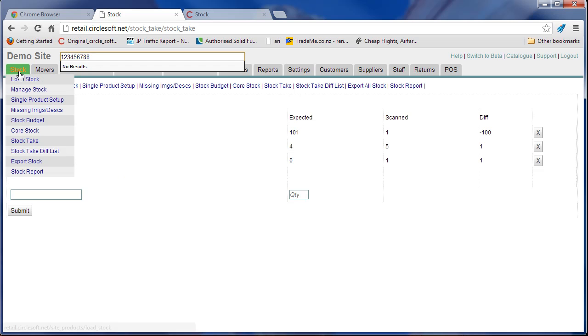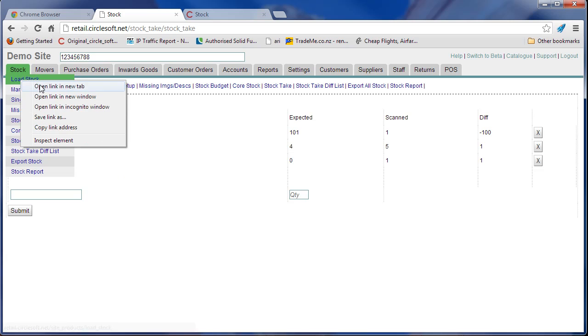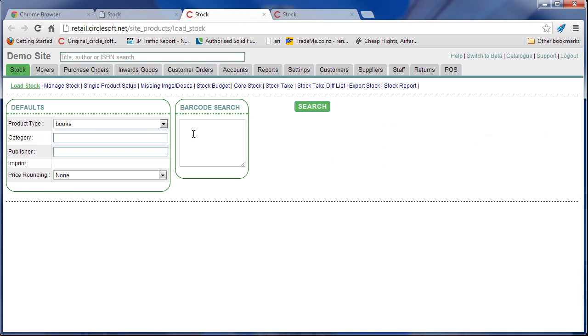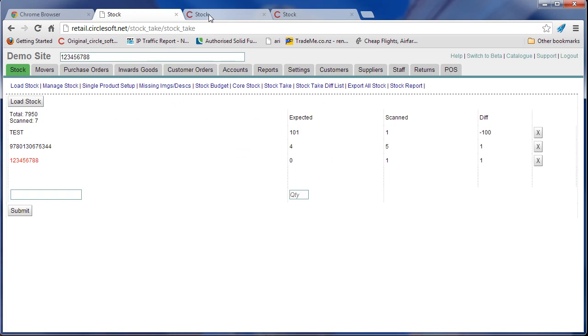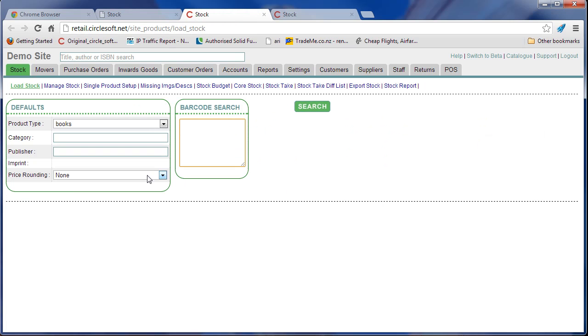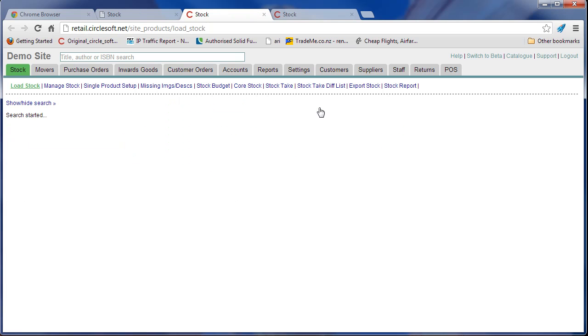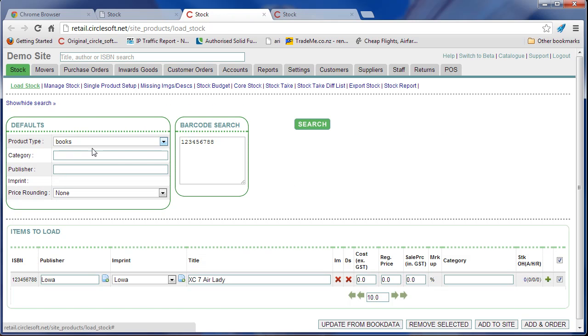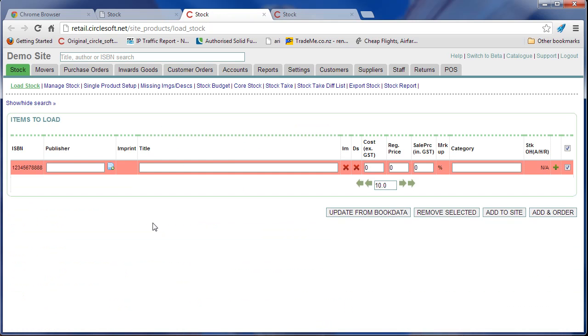So to do that, go to load stock, right click, open a new tab, and you can just keep this open constantly so you can go back and forwards between the two, don't get confused. Paste that in there, click search. In this case the system's found it, so it's no problem, you can put that item through, it's there. But if it wasn't there, like this, you need to enter this into stock and click add to site before